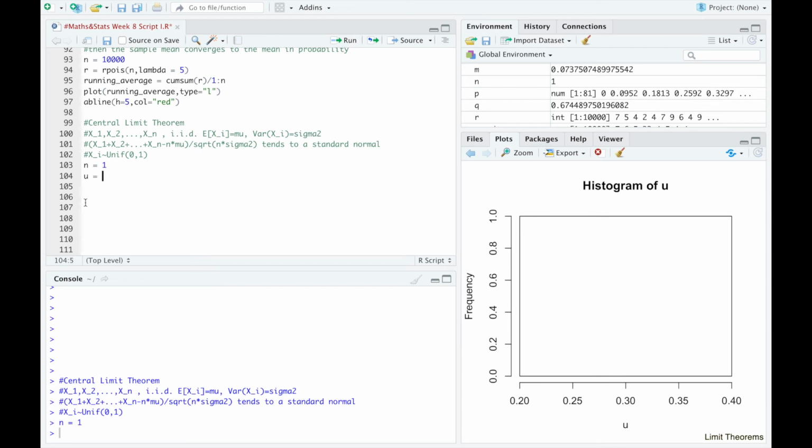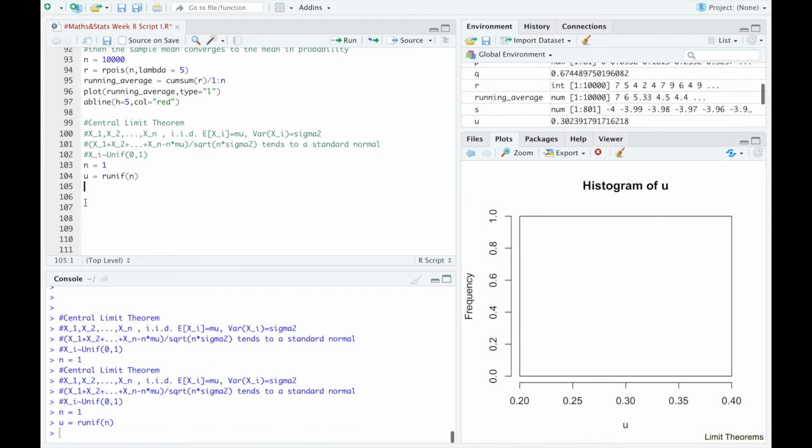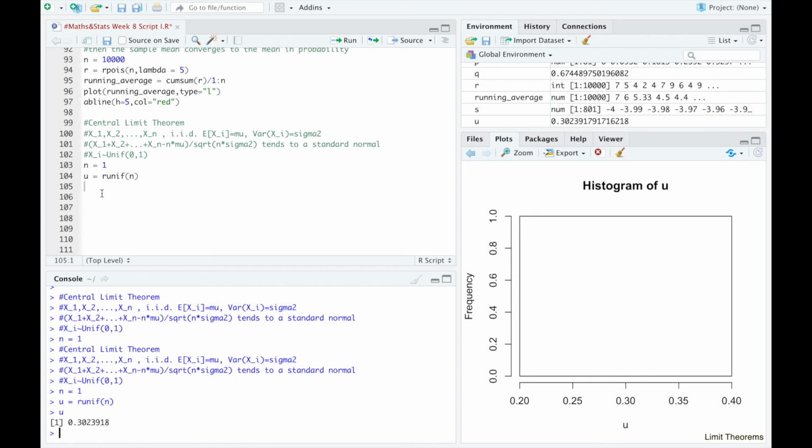And let's define u as a vector with n samples from a uniform distribution. Of course in this case it's just one sample, but as n increases then we'll have more. What the theorem says is that if we define z as the sum of all my samples minus n times the mean divided by this number, then this should resemble a standard normal. So u won't be a standard normal, but z, which is defined as the sum of all